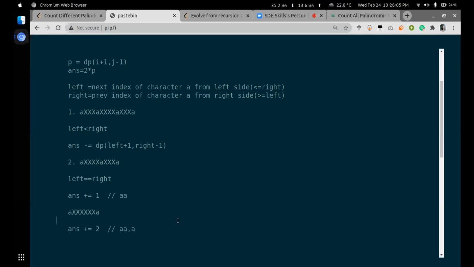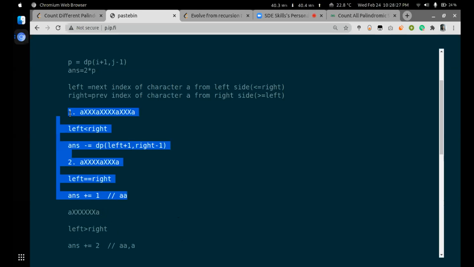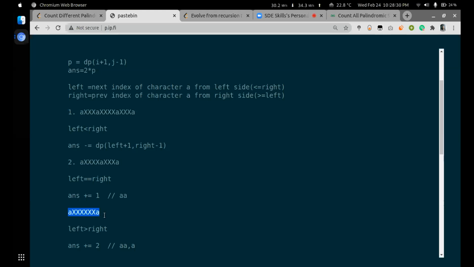That is when I is closer to J, right? They are close to each other. So in this condition, left will become greater than right, I guess. If any of these conditions doesn't hold, then I will come to know that there won't be any repeated character in the middle of this substring. So this is why I can just take this as case 3, or else in the if-else statement, and I'll just add 2 here.